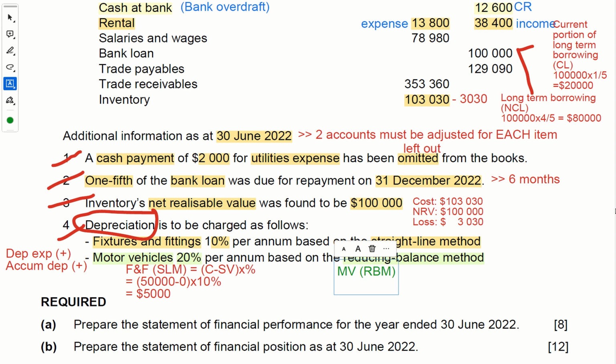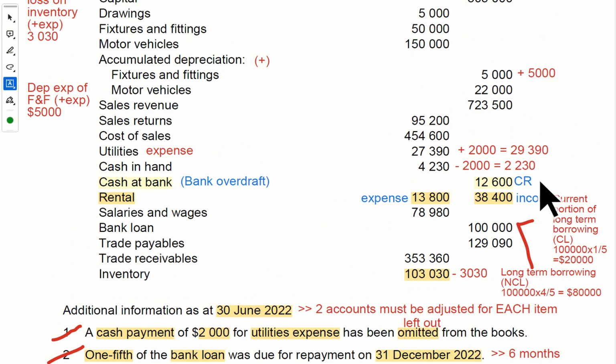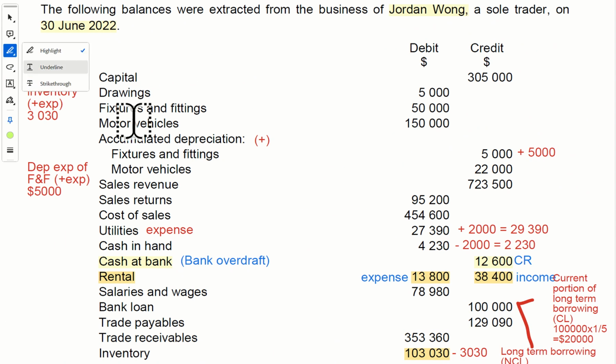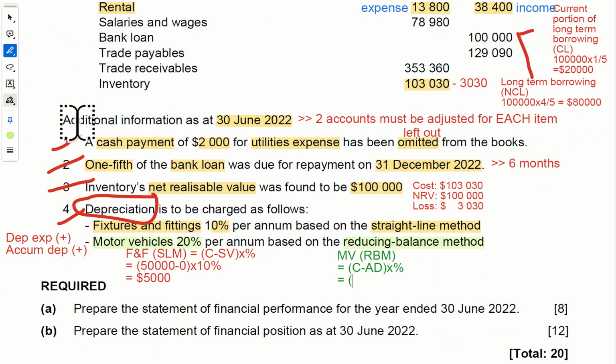I'm going to write down the formula first in case I forget it. Cost minus accumulated depreciation times percentage. And in this case, I'm going to find the cost. Where is the cost? Here is the cost. The cost is 150,000. So I will write 150,000